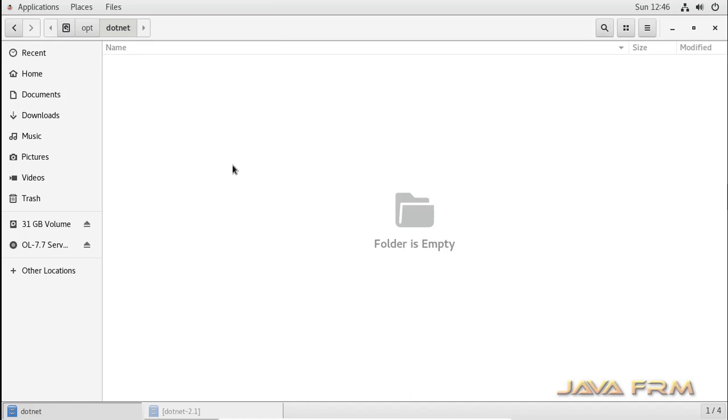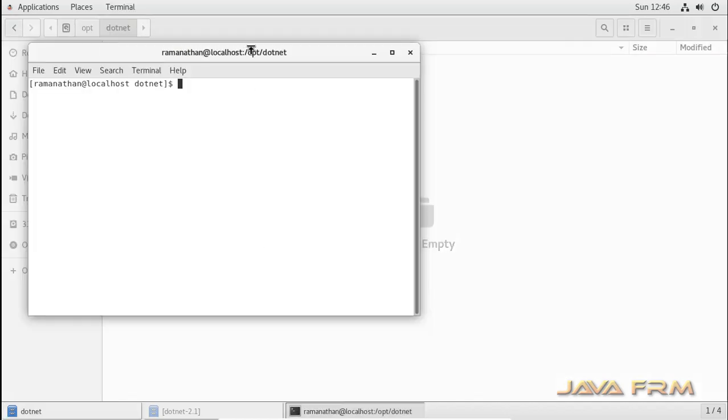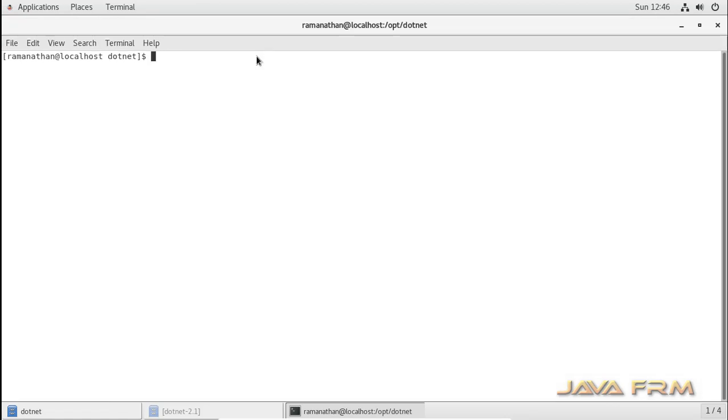Before that, we need to check some of the requirements. We need some dependencies to be pre-installed. So the first one is krb5-libs, which is already installed. Next, libicu, that is also already installed.